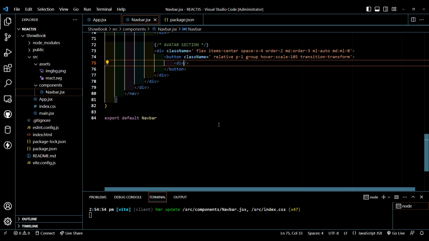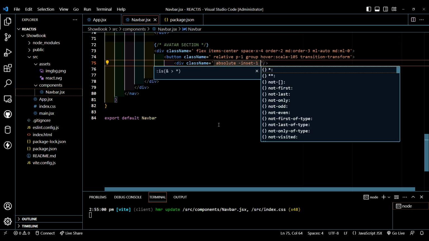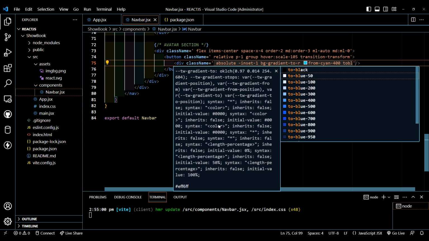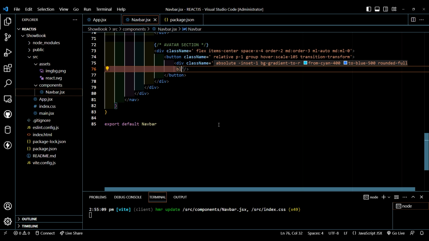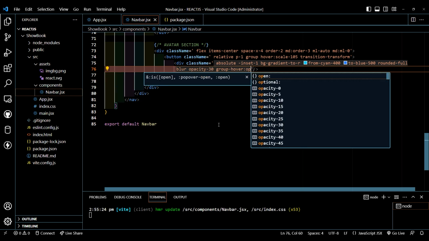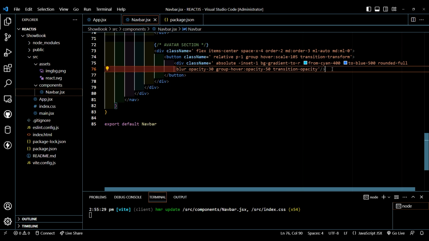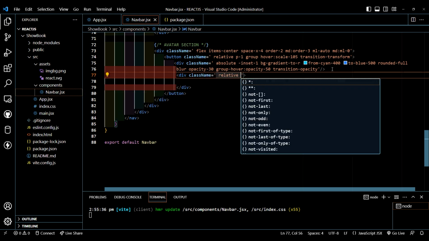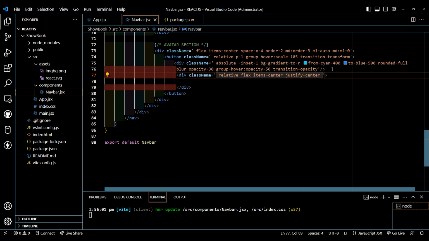Now let's create div and close the div right here. Give class name, position will be absolute, minus inset 1, bg gradient to r from cyan 400 to blue 500, rounded full, blur, opacity will be 30, group hover opacity will be 50. Transition opacity. Now after this, let's create div, give class name, position will be relative, flex, items center, justify center,